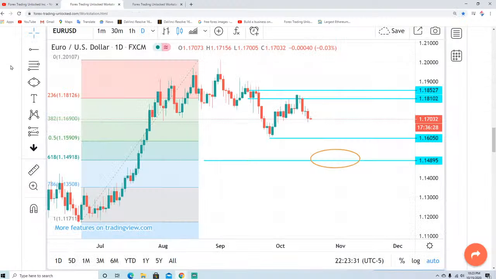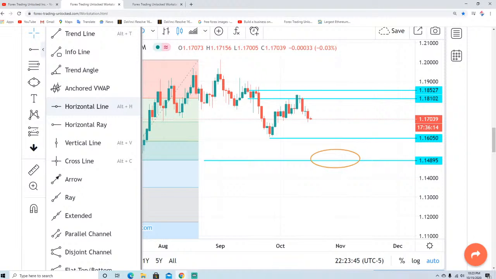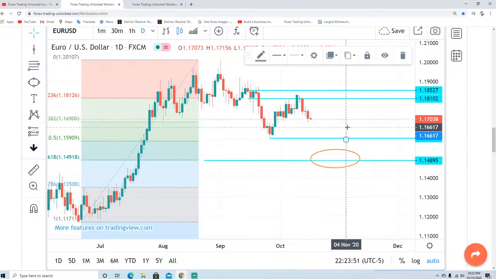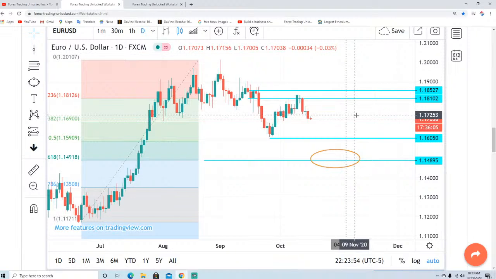So Euro U.S. dollar, still a little bit lower on the evening. And like I said, I think we're going to continue to hit new move lows, targeting this 114.89. Now this is going to be probably by the election. So if you look at this as a time horizon, we'll put this, let's see, November 4th, because this is when the elections are over. So sometime between now and then, I see us snaking down and reaching that area. So it's about a $2.50 move in the Euro U.S. dollar that we can still see fall apart